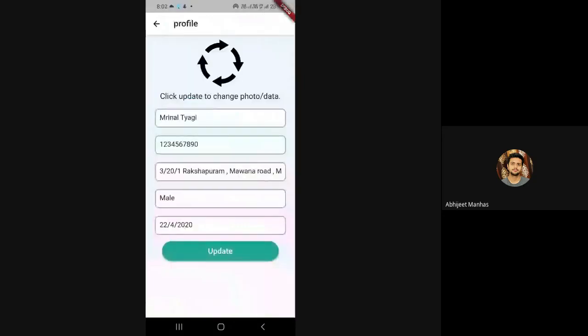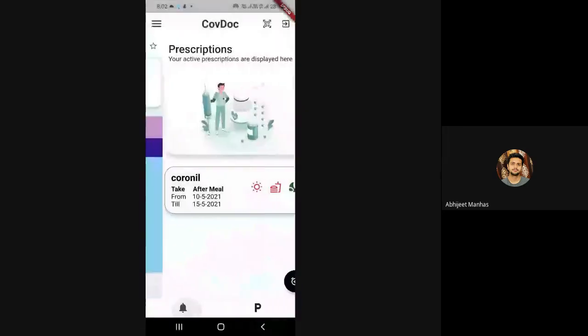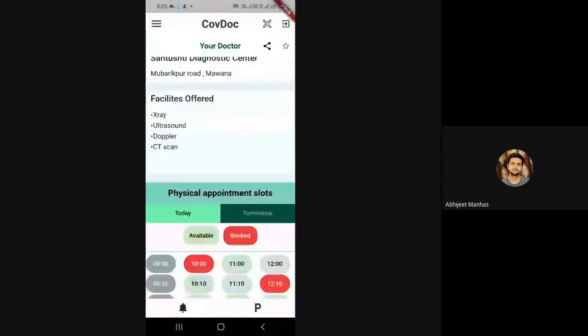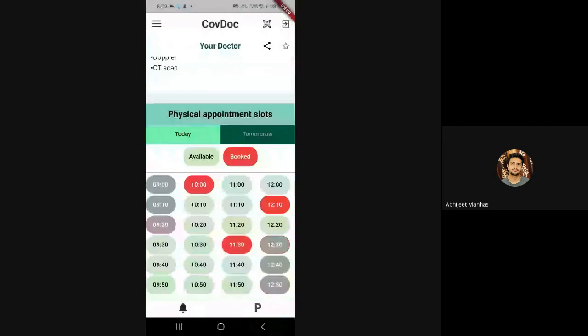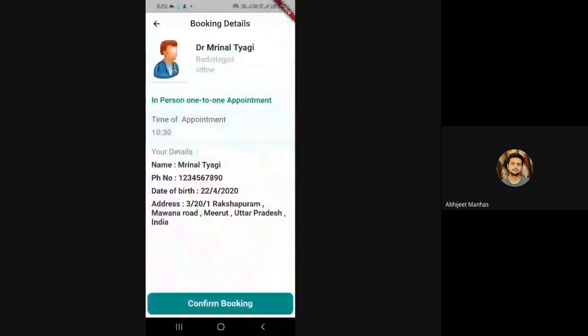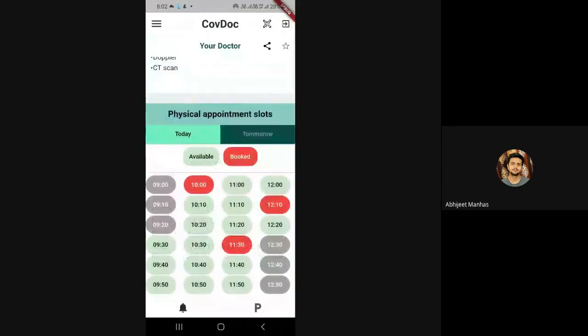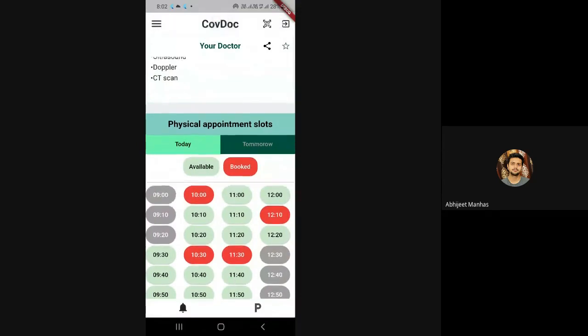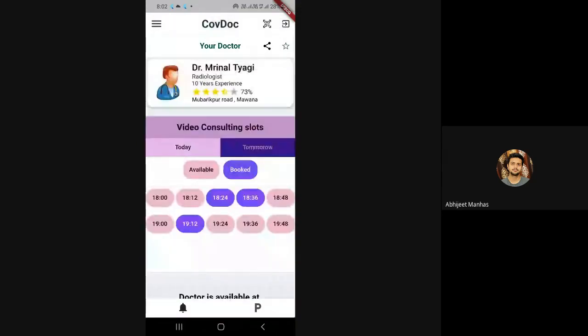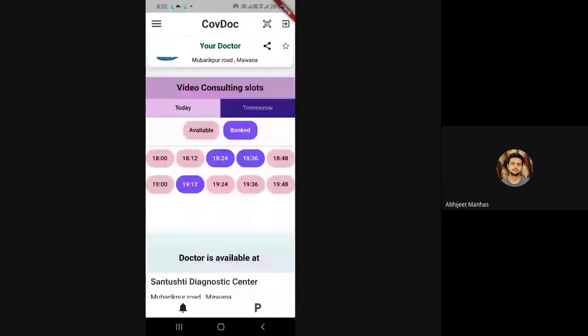This is the profile data of the user who has logged in as a patient. Suppose we need to book an offline appointment with the doctor at 10:30 in the morning. We can do that with just a tap. Time of the appointment 10:30, our details, and also the details of the doctor, which somehow is me only. Now this can also be done with just a tap. So here you can see we have got another reminder for our appointment which has been generated at 10:30. So basically, it's so easy to get to a doctor with just a tap.